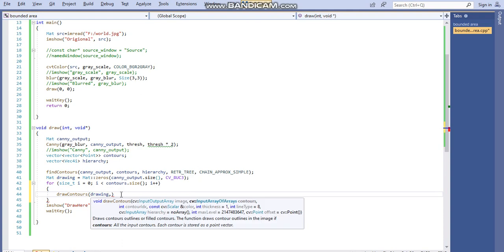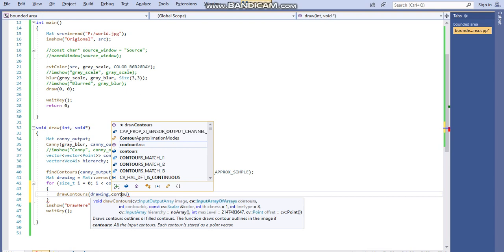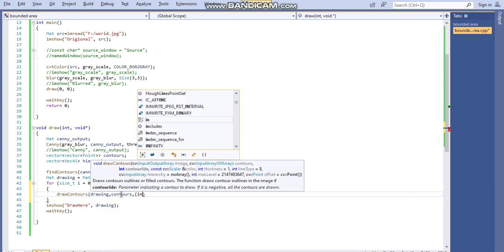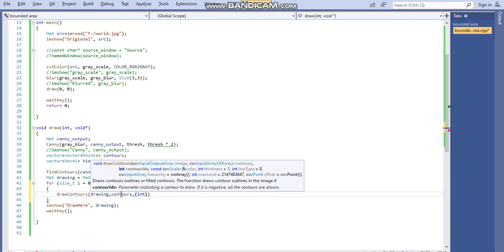Then the input output array of contours: what are you going to draw? Contours. Then the contour index: here we have applied a loop, so just write int i as the contour index.